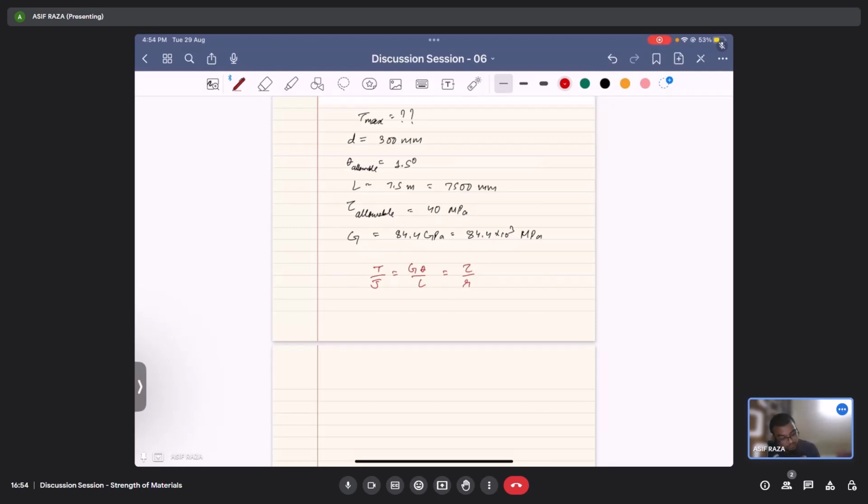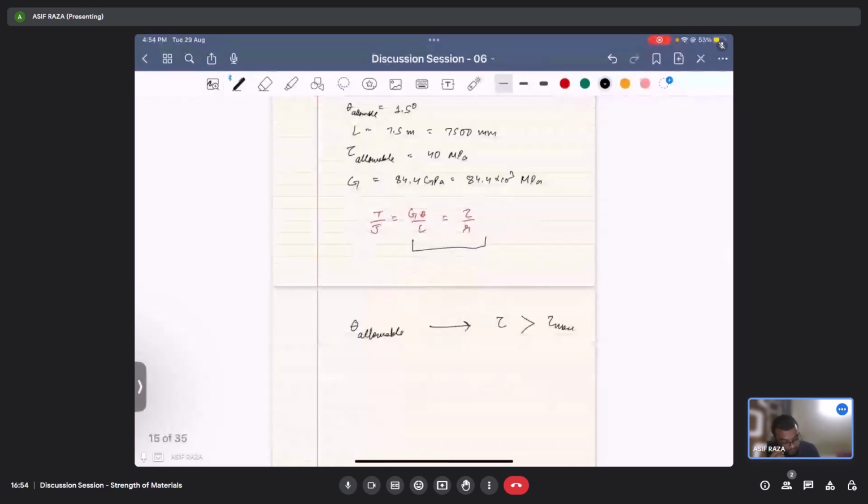You need to use the last two expressions, use theta allowable as given, and find tau. If tau exceeds tau allowable,